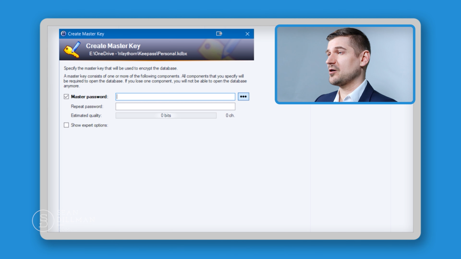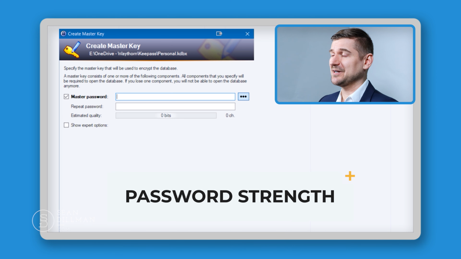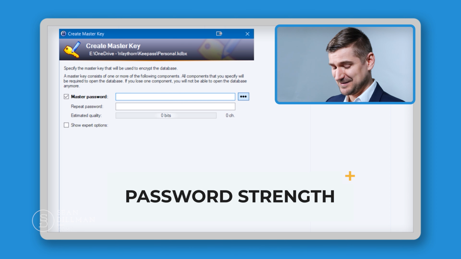So you're going to want to come up with a very strong password that you can remember, but it's very important that it's a strong password that you keep written down and you keep it in your head, but you don't keep it on a file somewhere in your computer. It would defeat the point if you had a notepad file sitting next to your database file that had your password in it. So it's very important that you do pick a strong password and that you keep it secure somewhere in the real world, somewhere written down, and that you're also able to commit it to memory. So I'm going to enter a strong password that I use all the time. I'm not going to tell you what it is.